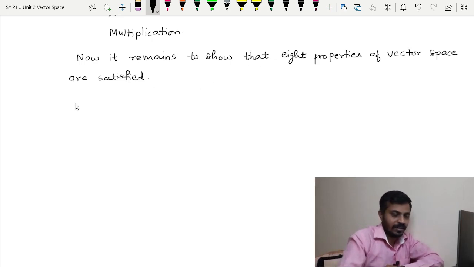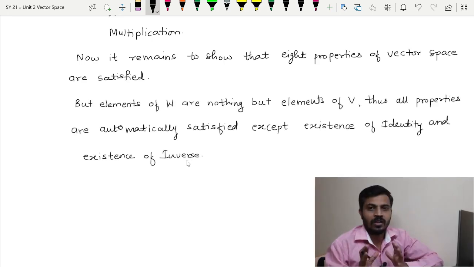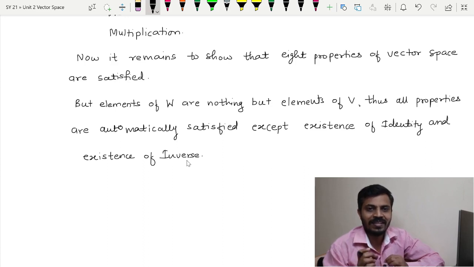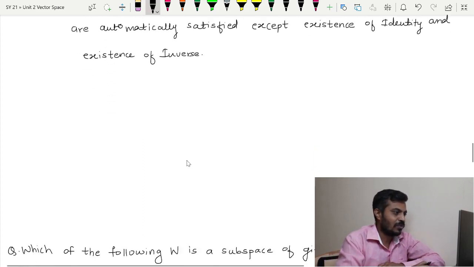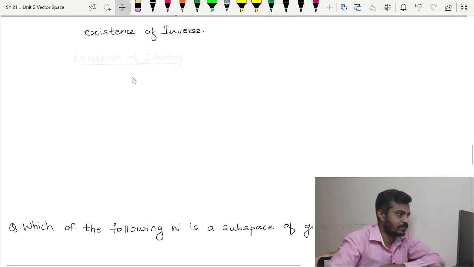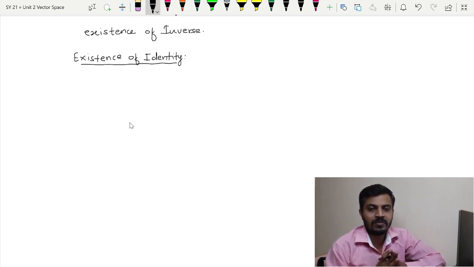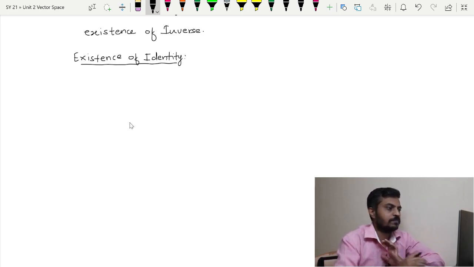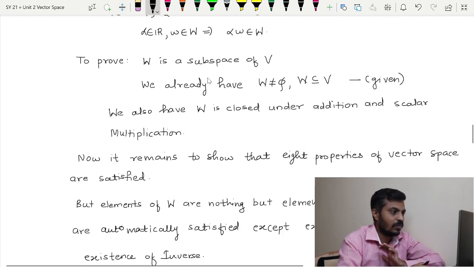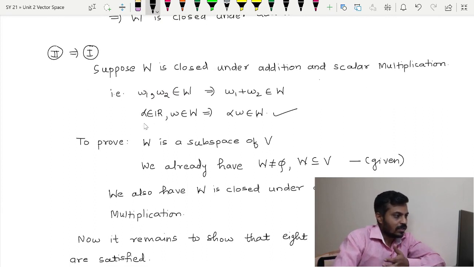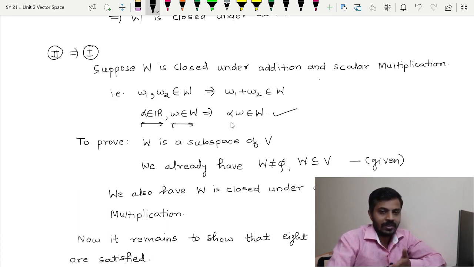So just let me write here, now we will show existence of identity property. So we have to show that the 0 element is present in W. So how to show it? So I will write the heading here. Now in order to prove this, we have the fact that W is closed under addition and scalar multiplication. So let us try to understand what is the meaning of W is closed under scalar multiplication. So the meaning is, for any element of R and for any element of W,